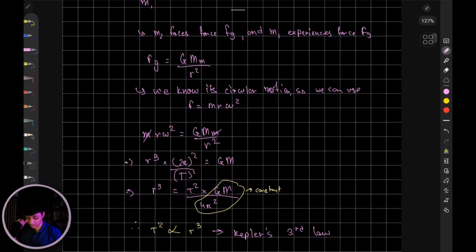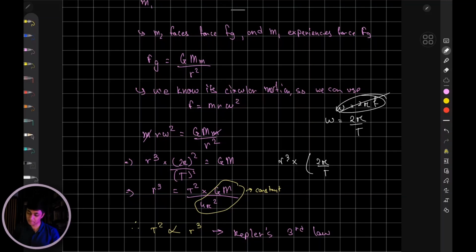So what you can do over here is you can make r cubed the subject, that is, this r squared is going to go over here and it's going to give you r cubed times omega squared. You can break down omega as 2 pi by T, because you know omega is 2 pi by T, right? This is your formula for angular frequency from circular motion. You can also write it as omega is 2 pi f, but this is not going to help us over here. So we can write omega as 2 pi by T, whole squared